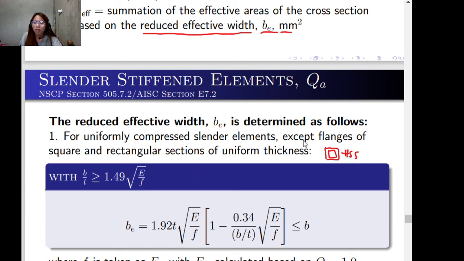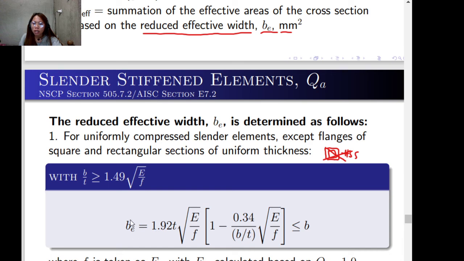Except flanges of square and rectangular sections of uniform thickness. So, with b over t greater than or equal to 1.49 square root of E over f,